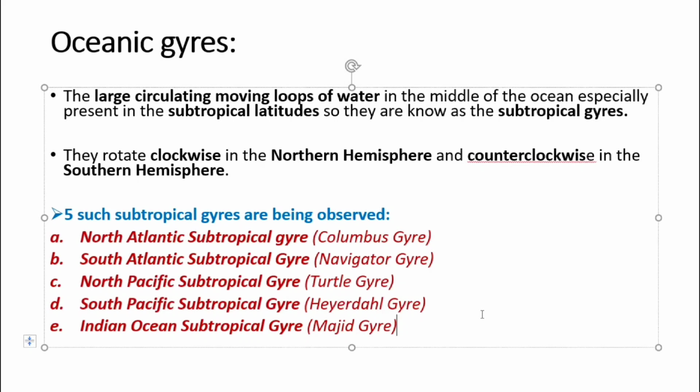सेम आपके जैसे अटलांटिक में गायर्स फॉर्म होते हैं वैसे ही आपके पैसिफिक में फॉर्म होते हैं, है ना। इंडियन ओशन वाला भी बनता है, लेकिन एक ही बनता है क्योंकि इंडियन ओशन आपका सदर्न लैटिट्यूड में, सदर्न हेमिस्फीयर में ही ज्यादा है। नदर्न हेमिस्फीयर में तो इंडिया है उस जगह पे, तो अगर इंडियन ओशन नदर्न हेमिस्फीयर में भी होता तो वहां भी गायर जनरेट होती। मेजोरिटी ऑफ द पार्ट जो है इस गायर का, वो आपका सदर्न हेमिस्फीयर में ही है। नदर्न हेमिस्फीयर में थोड़ा सा पार्ट आ जाए, लेकिन मेजोरिटी आपका सदर्न हेमिस्फीयर में है, ठीक है।